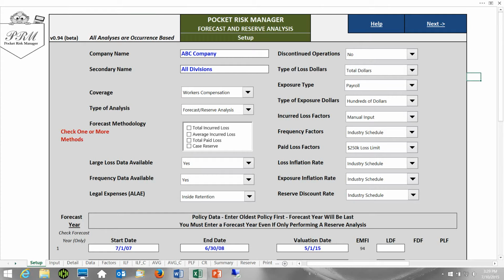Welcome to Pocket Risk Manager, the simple and intuitive software system for performing actuarially valid casualty loss forecasting and reserve